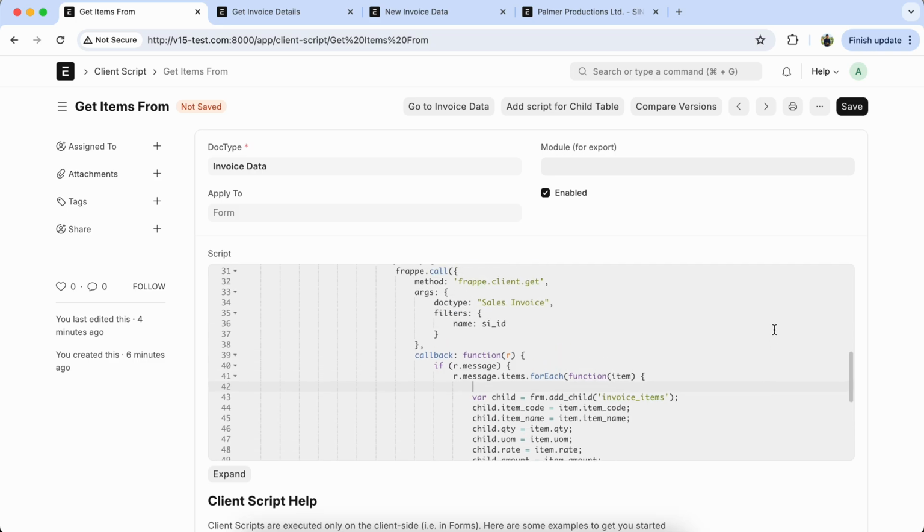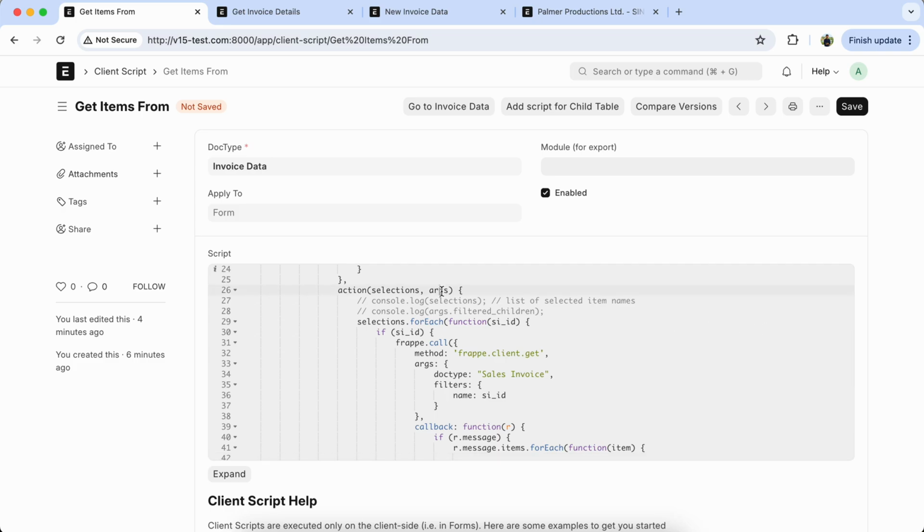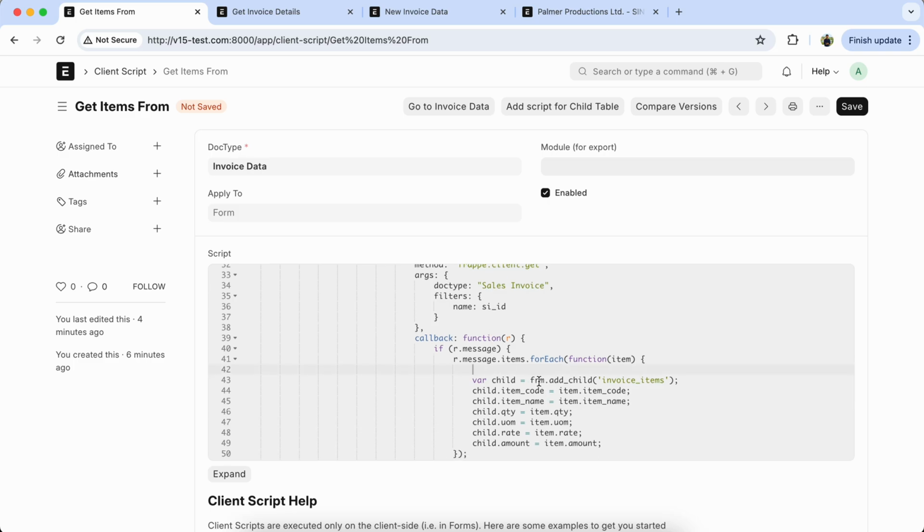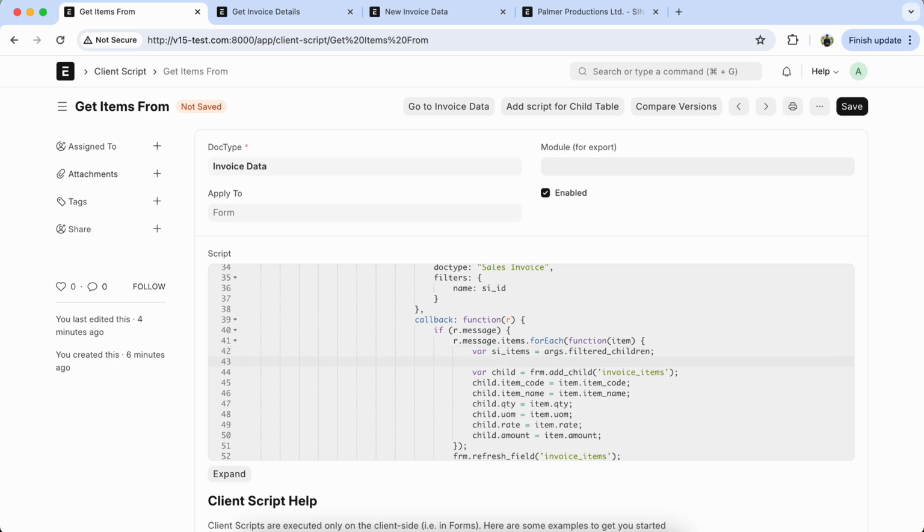Now we have to set the for loop for the sales invoice item. So where SI item is used, filter children. We already checked the output. If si.item.length